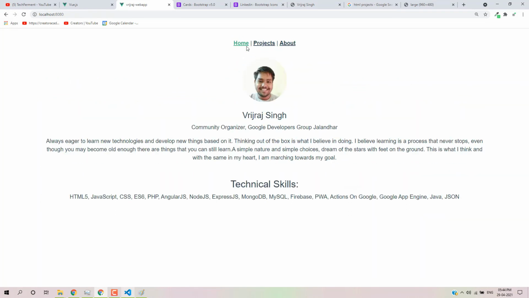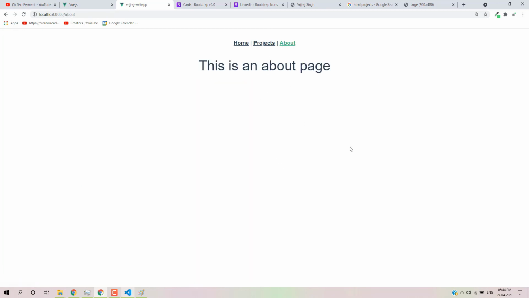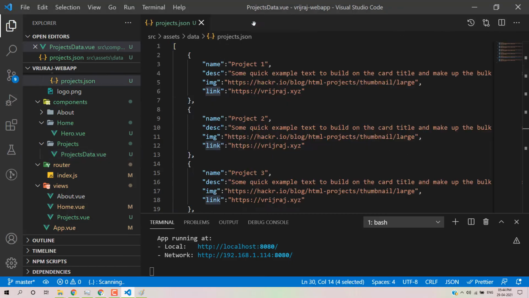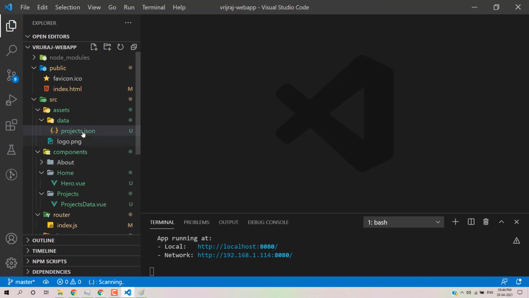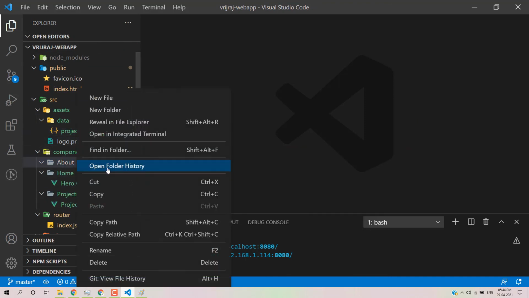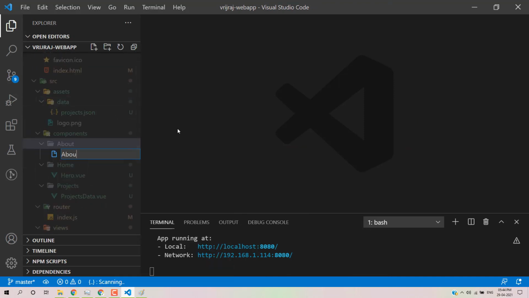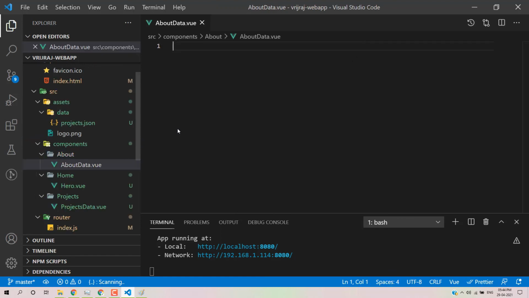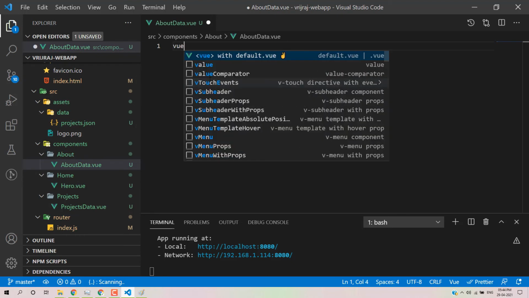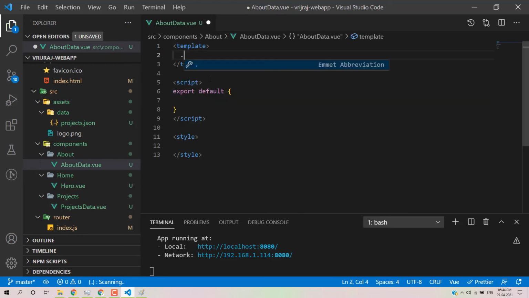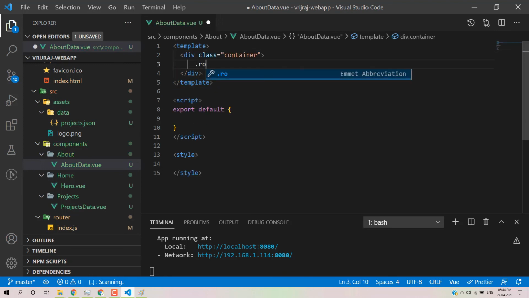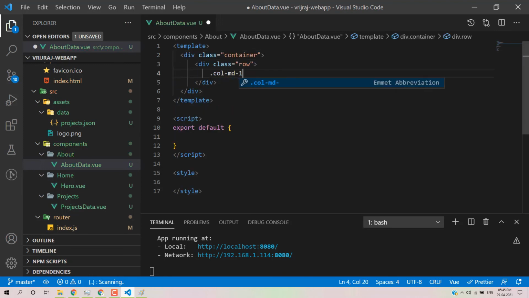We have created a home page, a project page, and now we'll work on the about page. So here in the about folder, in the component, we will create a component. The component name is about data dot view. We'll create the same thing: a container, then a row, and then a column of 12.